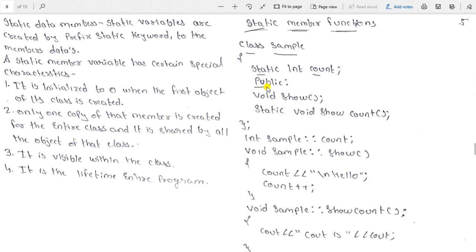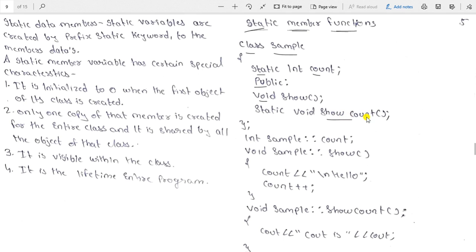Public is another access specifier. After the access specifier, we put the colon. So in the public section we have declared two functions. The first one is the show function, whose return type is void, and the other function is showcount. Both words are in one.